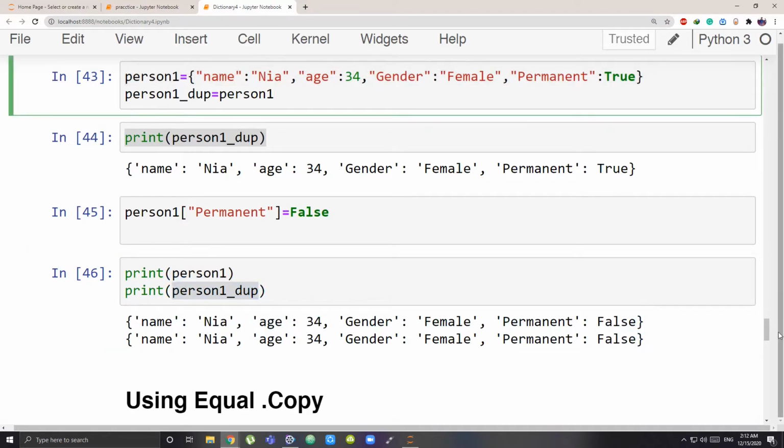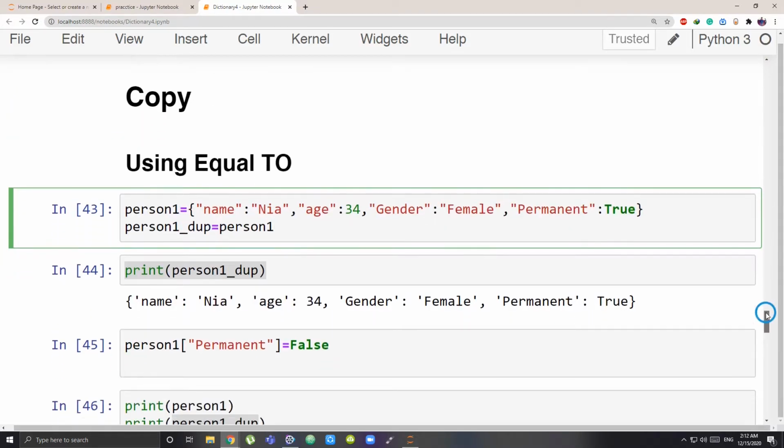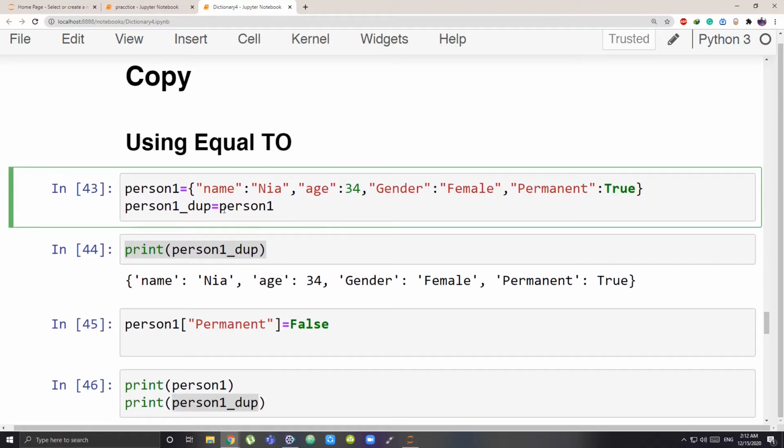So what happens in an equal to copy? This duplicate, person1_duplicate, is not actually a new dictionary that is created. There's no dictionary that is created again. This is a new name I have given to that original dictionary only. Person1 is the name of the dictionary, no doubt.